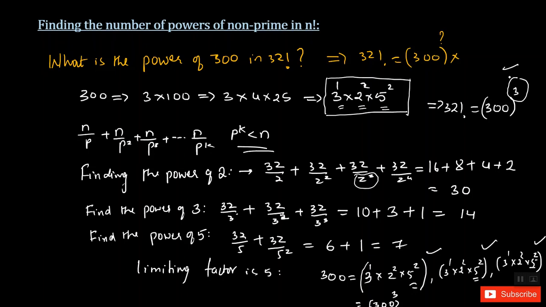This is the way of finding the power of a non-prime in a given factorial. This works with any type of number, no matter how big the numbers are, whether even, odd, or anything. So this concept works to find the power of a non-prime in a given factorial, right? Okay, that's